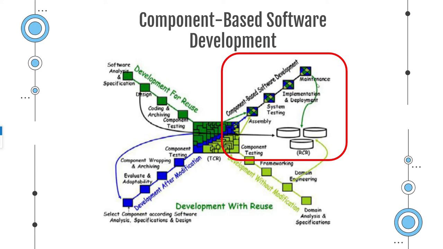Next, in the stage of implementation and deployment, the software developer will integrate the assembly components into the system. And then the software developer will deploy and finalize the system to the user and ensure that the user requirements are fulfilled. Last but not least, in the stage of maintenance, the software developer may be required to modify or update the system if there are any faults in the system. After the maintenance has been done, the reusable components will then be stored in the RCR repository for the